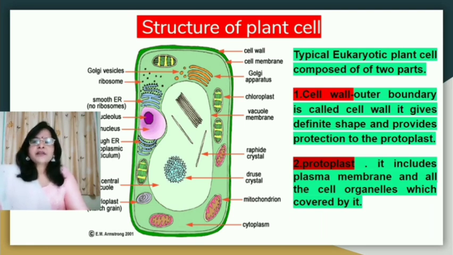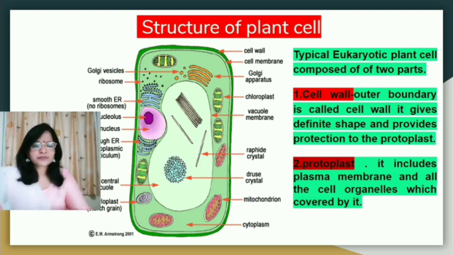In both cells, membrane-bound organelles like cell membrane, cytoplasm, nucleus, endoplasmic reticulum, Golgi bodies, mitochondria and ribosomes are present. The typical difference between these two cells is the presence of plastids and a large central vacuole in the plant cell, but absent in the animal cell. But in animal cell, centrioles are present, which are absent in plant cell. And the most distinguishing feature is that the plant cell has a rigid cell wall that is lacking in the